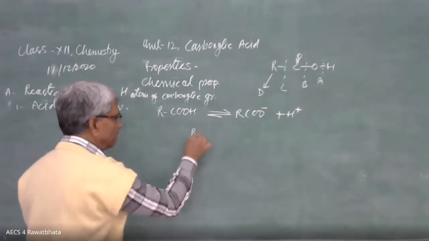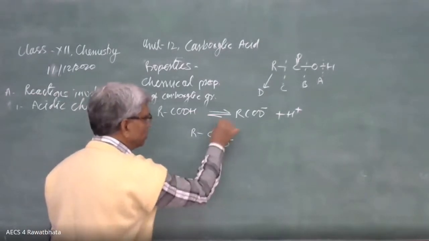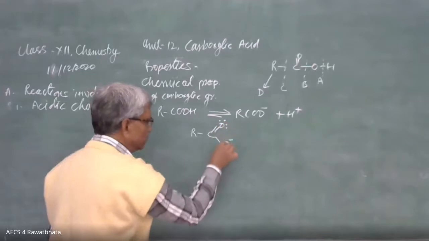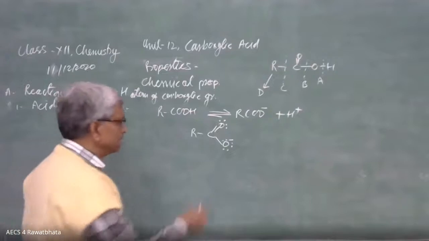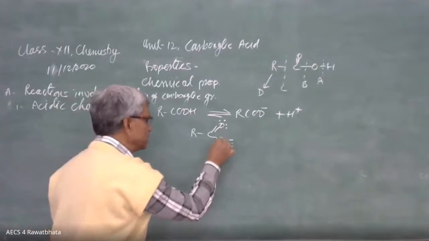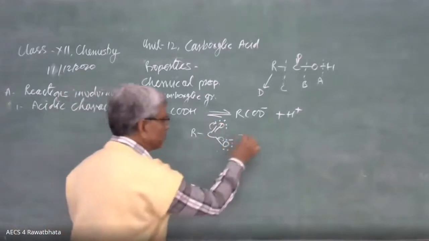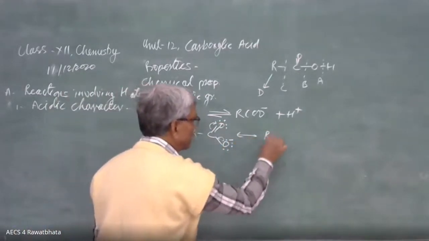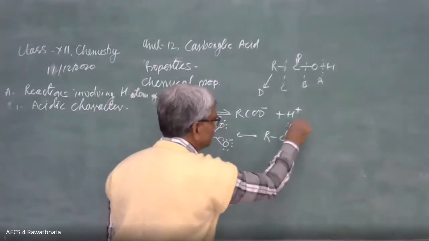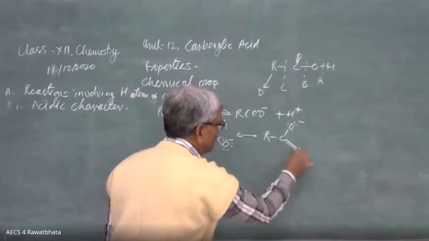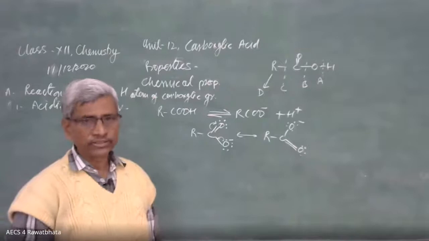The carboxylate ion is like this. Here is R, C, O, here the negative charge, lone pair of electrons, 2 here lone pair of electrons, 3 pairs are there. This electron pair is going to delocalize this side. Finally, this pi electron shifted towards the oxygen, and it is going to form a resonating structure R, C. Here is one more lone pair, and here is the double bond O with 2 lone pairs. These are the 2 resonating structures.